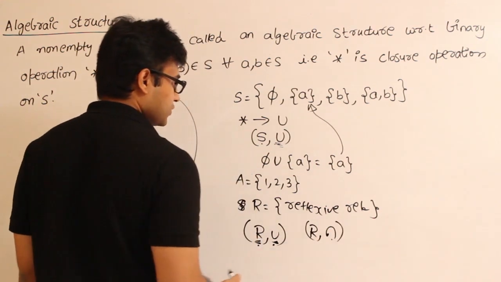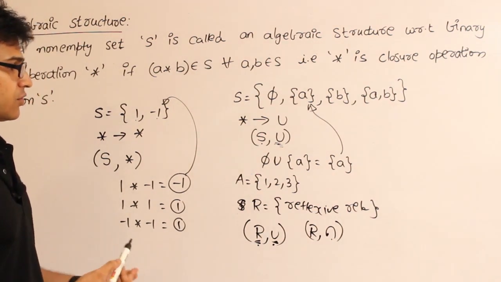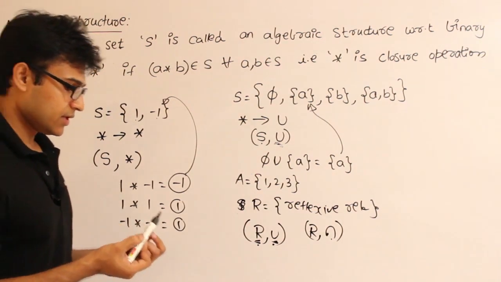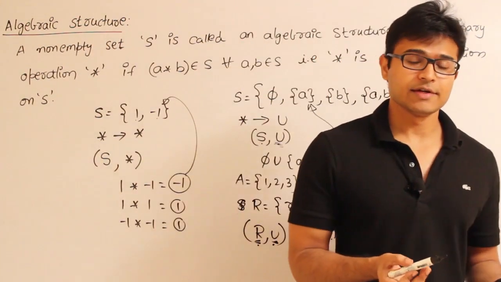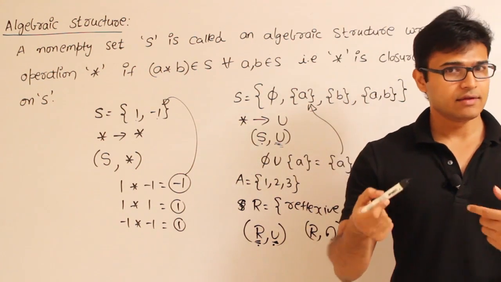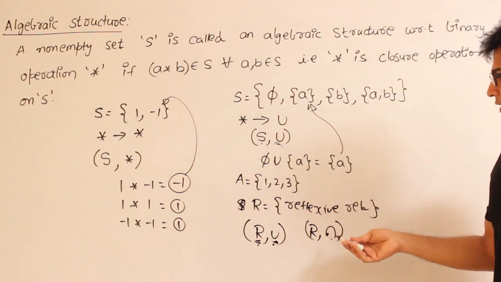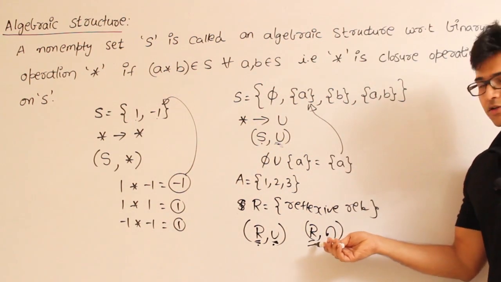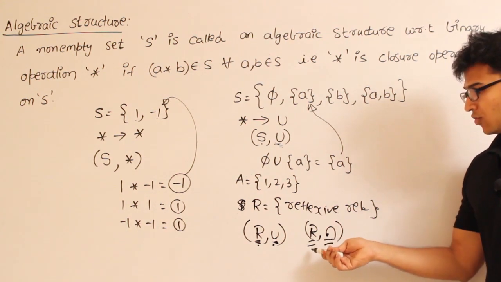If you take the intersection of two reflexive relations, the result is going to be reflexive. The reason is if two sets are reflexive, they are going to contain all the diagonal elements, and since both contain the diagonal elements, if you take the intersection, the resulting relation is also going to be reflexive. So I can say that the set of all reflexive relations is closed under the operation intersection, and therefore